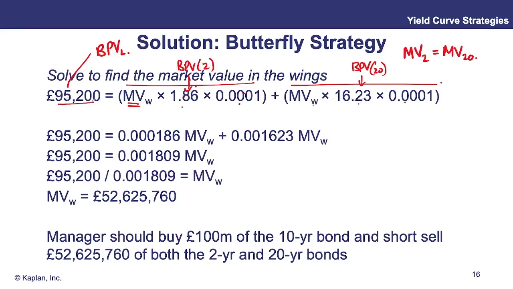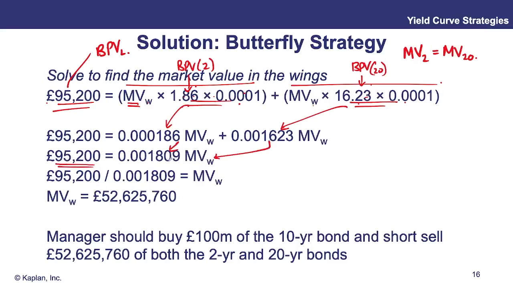All of this needs to be the same. All of that is the BPV of the short side, and it needs to be the same as the BPV of the long side. So we can multiply these numbers together. They become small. We can then add up our MVWs, that's the market value in a single wing, generalizing, and we get 95,200 must be